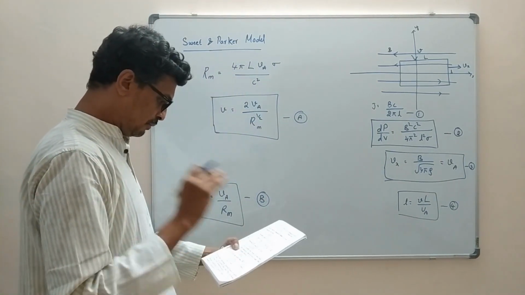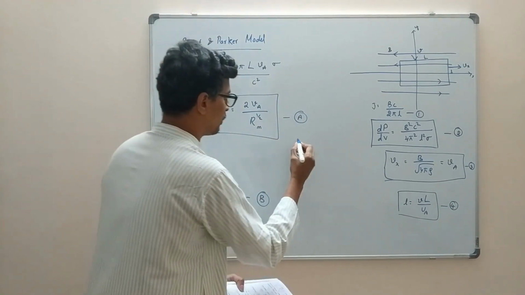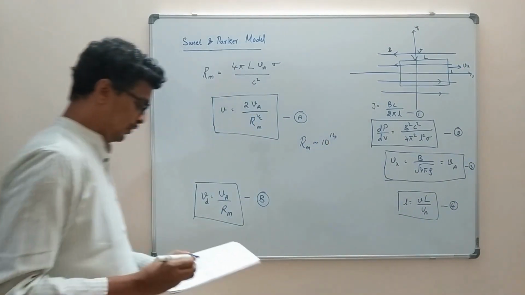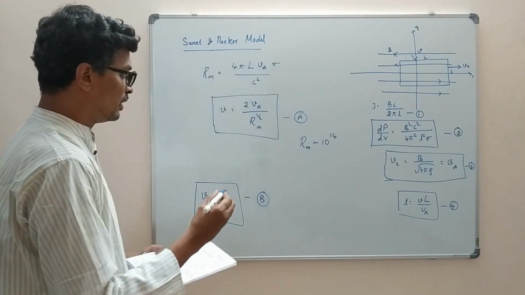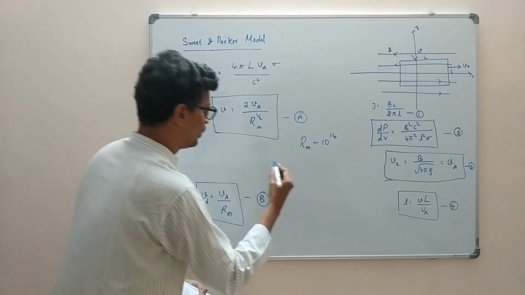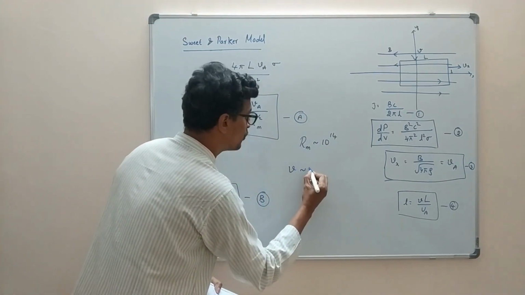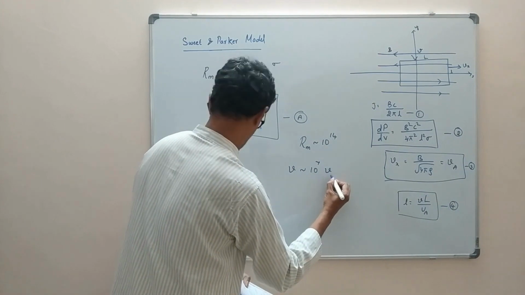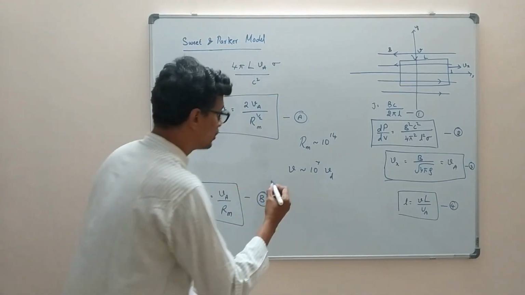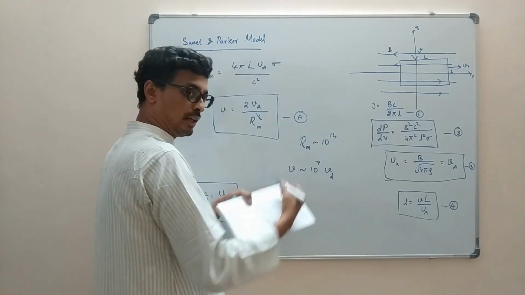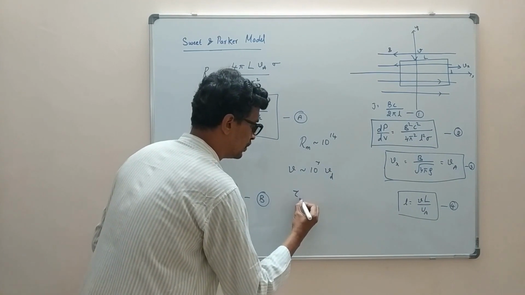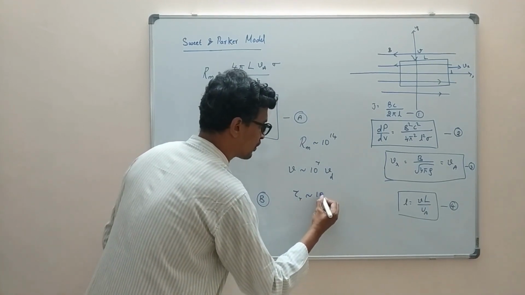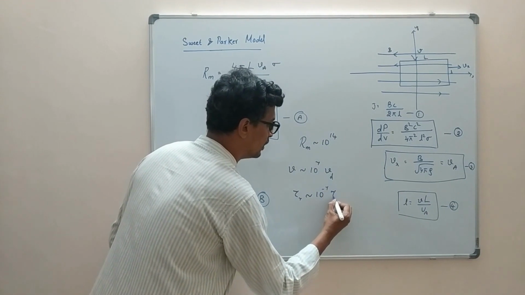For example, typically for a solar flare, your magnetic Reynolds number can be equal to 10 to the power of 14. So in that case, your V will be typically 10 to the power of 7 times faster than your Vd. Or on the other hand, if this is the velocity, I can always denote it with a time scale. Your tau, which I call the reconnecting velocity time scale, should be typically 10 to the power of minus 7 times smaller than your diffusive